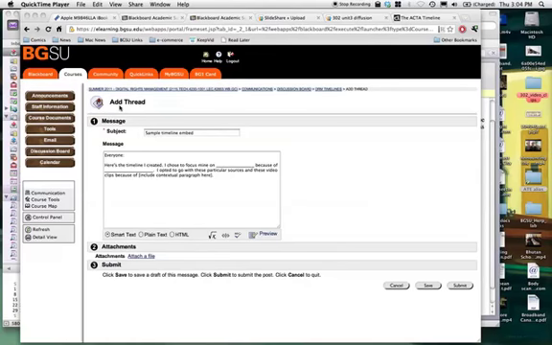Hi everyone. I wanted to quickly go over how to embed your Dipity timeline directly into a discussion forum post. I realize there's apparently been a few questions on how to go about doing that. So if you see right here, I've just created a sample post